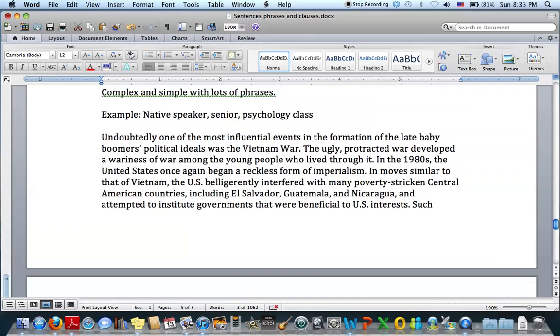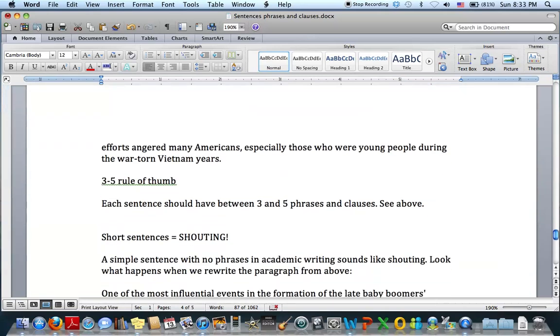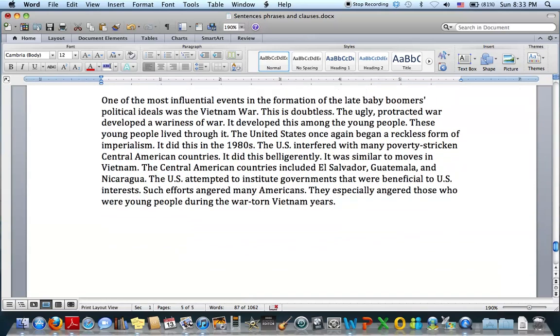So this is what we were looking at before, this paragraph, right? Okay, let's take a look at what it looks like if we just change it into short sentences, simple sentences. All right, we can leave the first one alone, basically. But it had an adverb phrase at the beginning of it, undoubtedly, right? So we're going to have to get rid of that. Let's put that in the next part here. Whoops, okay, I'm not that good with Microsoft Word. So this is doubtless. I'm going to add it into a new clause after that first sentence.